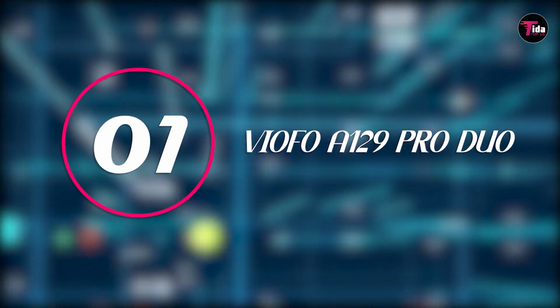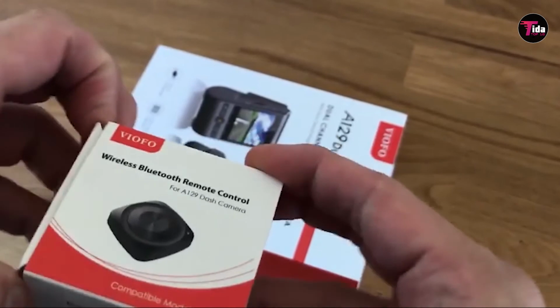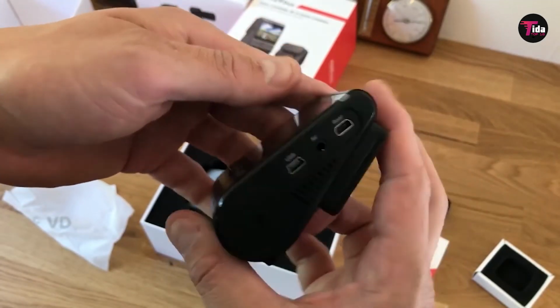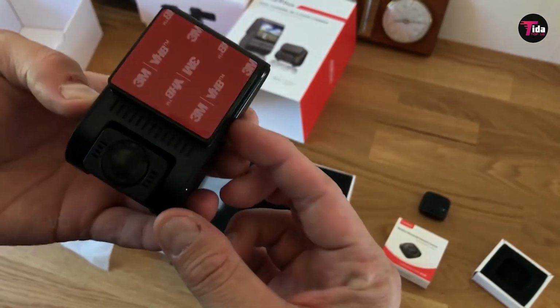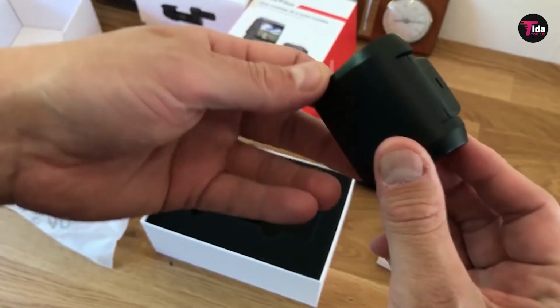Number 1 is VIOFO A129 Pro Duo. We won't hold it against you if you've never heard of VIOFO, because it certainly isn't the most recognized name in the dashcam business. But its 4K resolution Pro Duo model represents phenomenal value for the money. The front camera